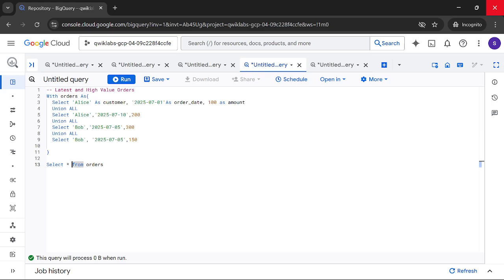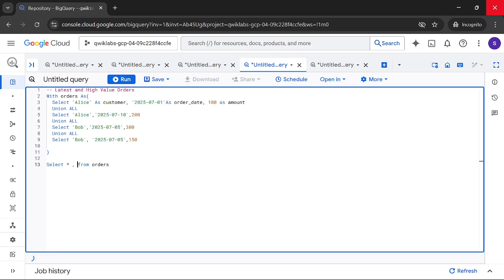For that, we'll use row_number over partition by customer order by order_date in descending as rank,